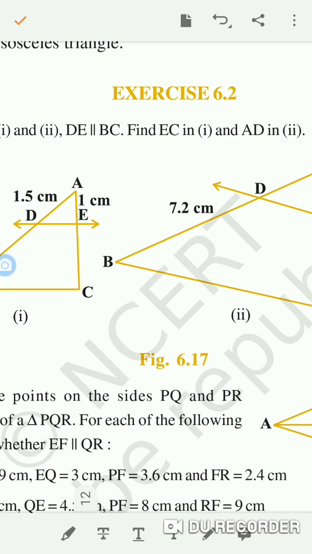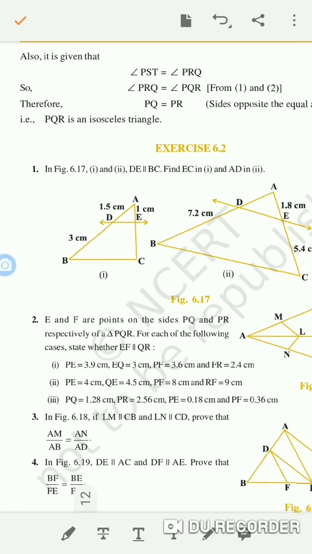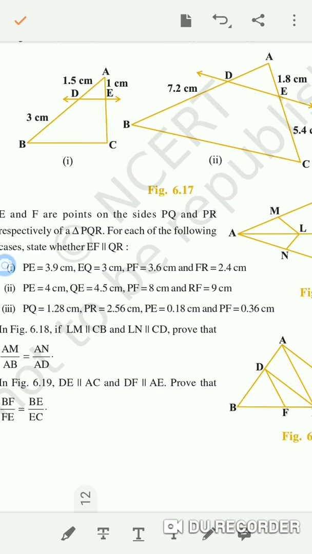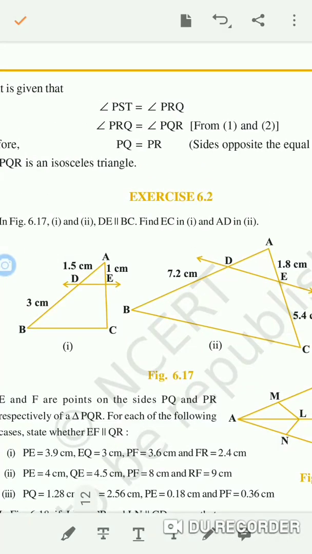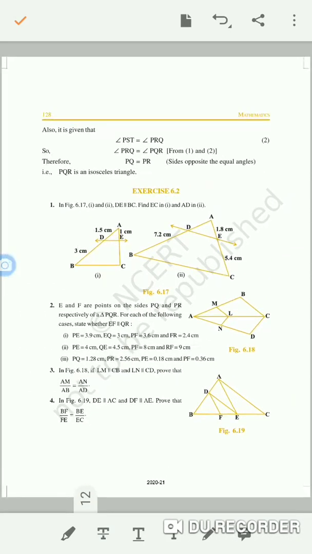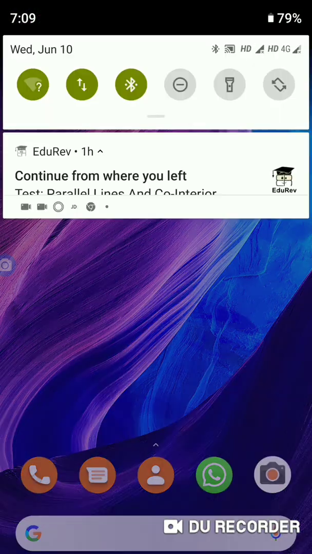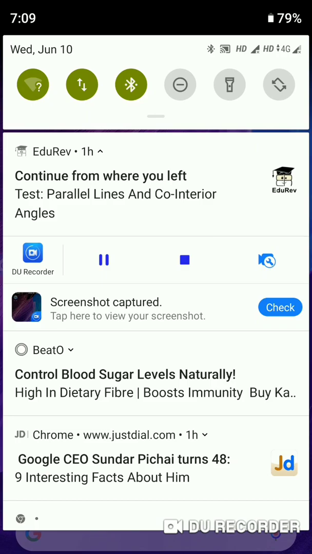Now based on that, an exercise is there. Okay. In the next lecture we will see some examples based on the exercise. So till then you should concentrate on the basic proportionality theorem and its